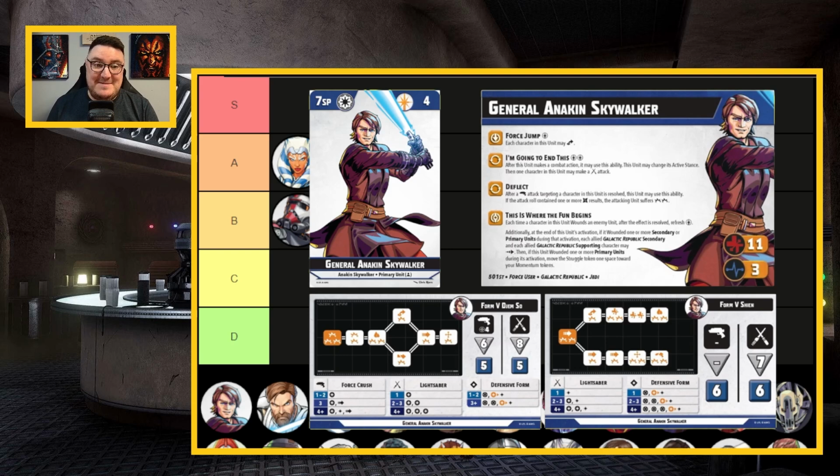He also does so much for the rest of his team as well. So if it wounded one or more secondary or primary units during that affiliation, each Galactic Republic secondary and supporting character may dash. Like, it's crazy good. He's very impactful. The one thing I will say with Anakin, which I think is his only downside,